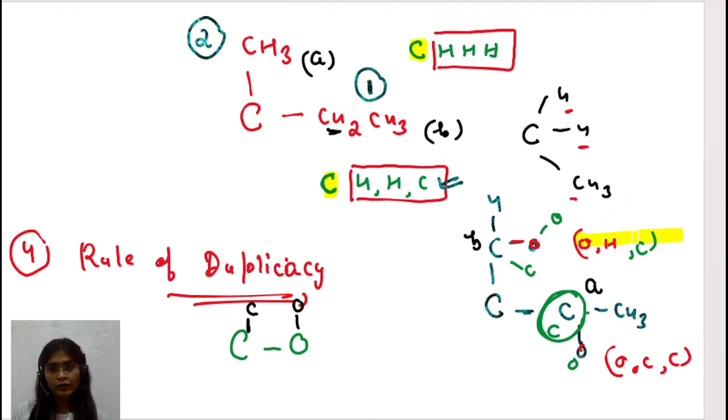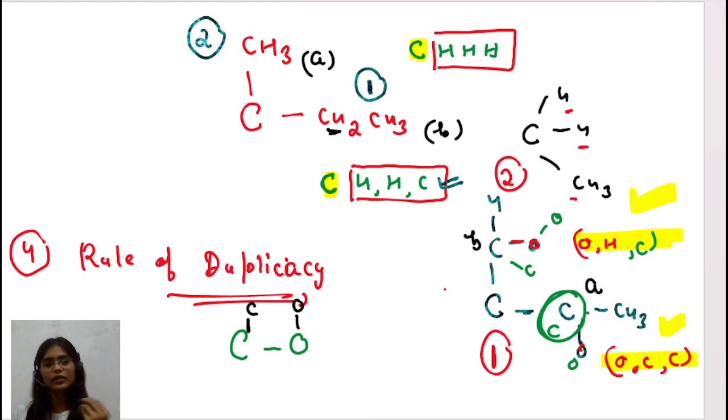Okay, so now you have to tell me between this and this. Here, observe this. In this case, we are getting oxygen, hydrogen, and carbon. But here, oxygen, carbon, and carbon. So obviously, A1 has the first priority. So which one has the first priority? This and this. Okay, 1 and 2. Because maybe it's not very difficult for you right now. But yes, when we are having very giant groups, sometimes it will be difficult for you.